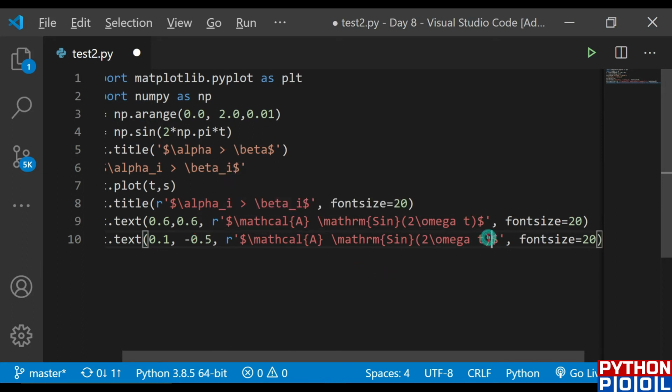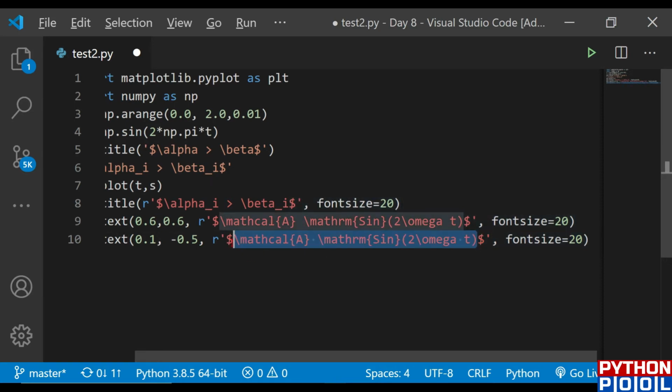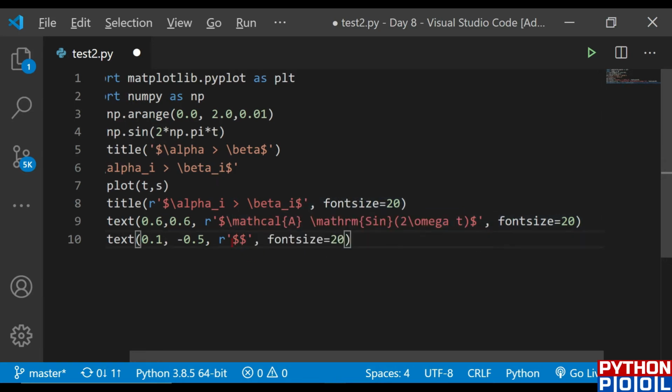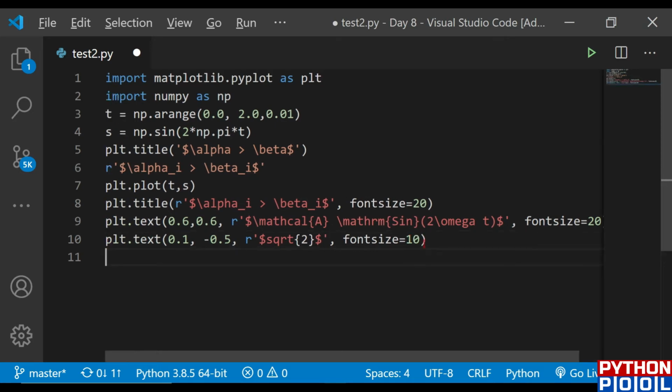So let's remove this, and we'll write sqrt of 2. That's what we want. And let's set the font size as 10. Okay, that's it. I'm done with the text.